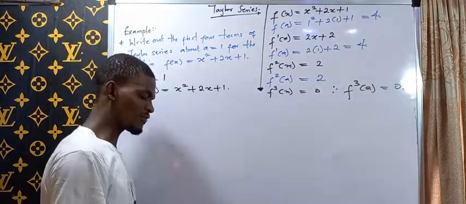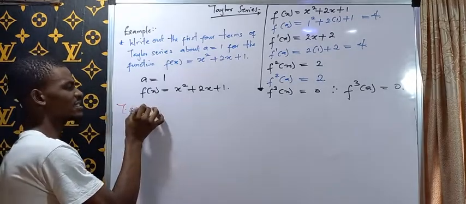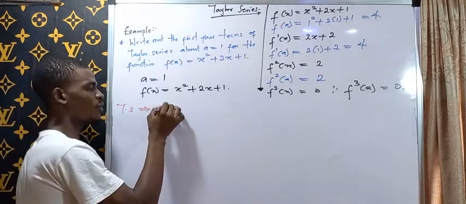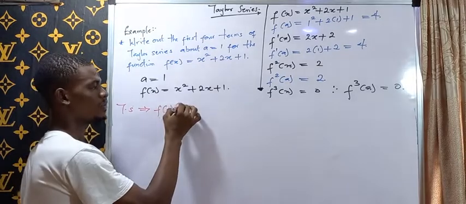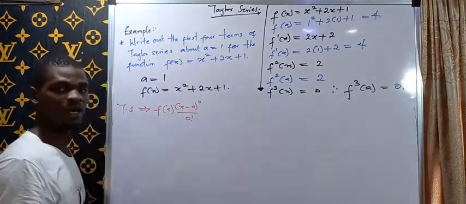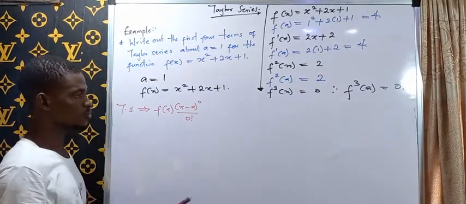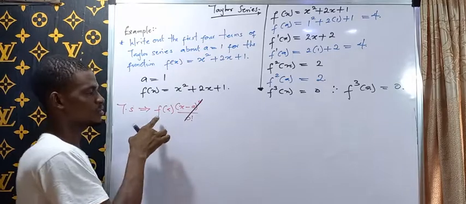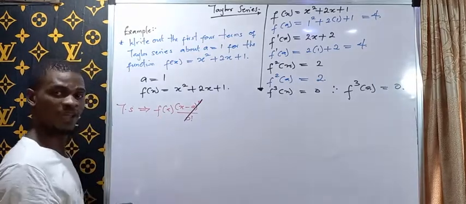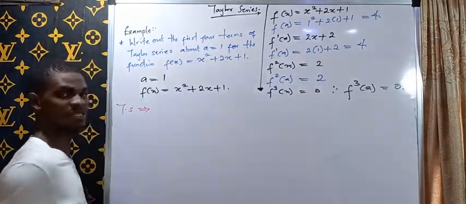Now, what is our formula? We all know the formula. By definition, Taylor series says that it's the same thing as f of a times x minus a raised to power 0 over 0 factorial. And we all know that anything raised to power 0 is 1. 0 factorial is 1. So this one is out of it. So we are left with ordinary f of a. So I can say that by definition, Taylor series is the same thing as